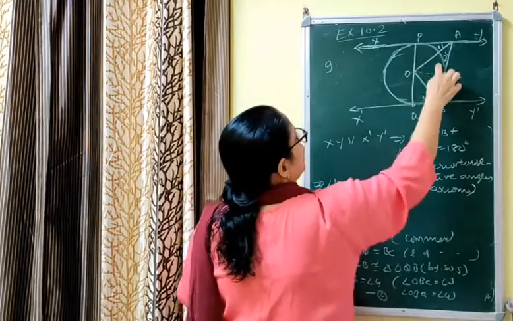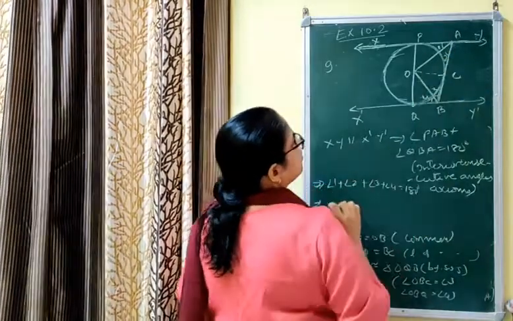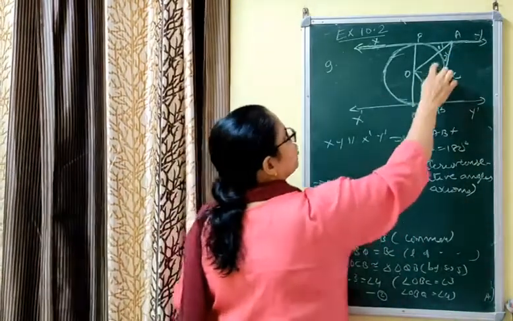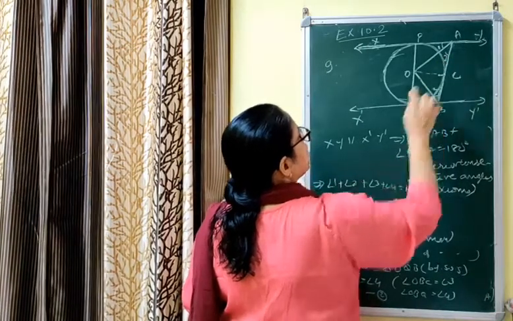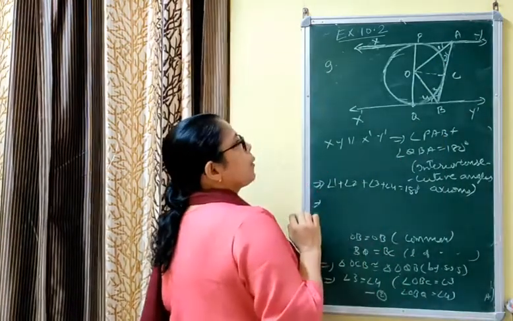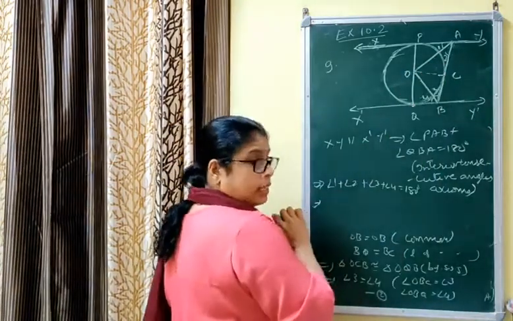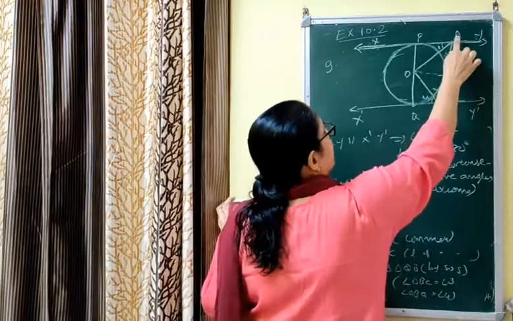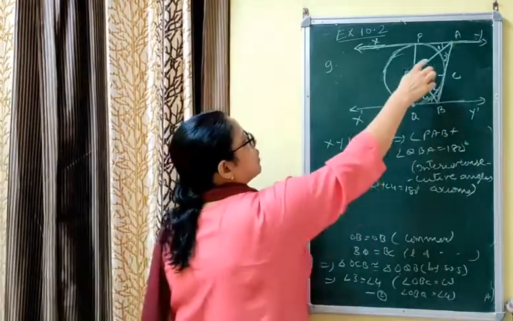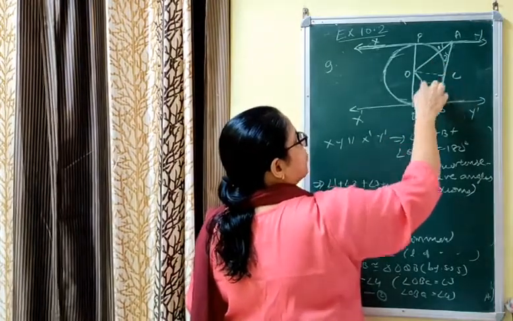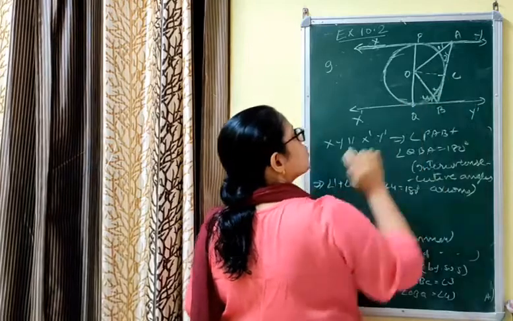But you know that 1 equal to 2. We need angle AOB equal to 90 degrees. That means you have to prove angle AOB equal to 90 degrees. That means you have to apply the angle sum property in triangle AOB. In order to apply the angle sum property in AOB, 1 is to be changed in terms of 2, and 4 is to be changed in terms of 3.